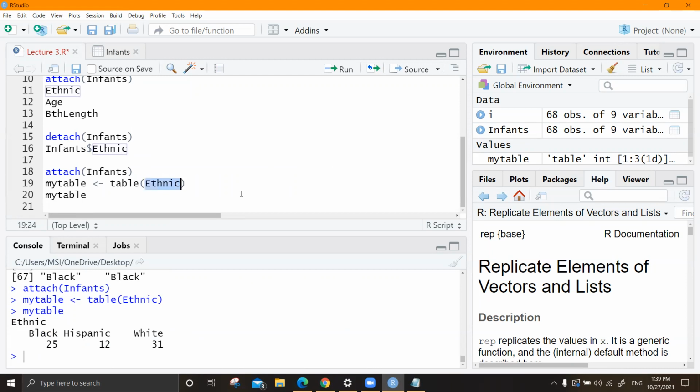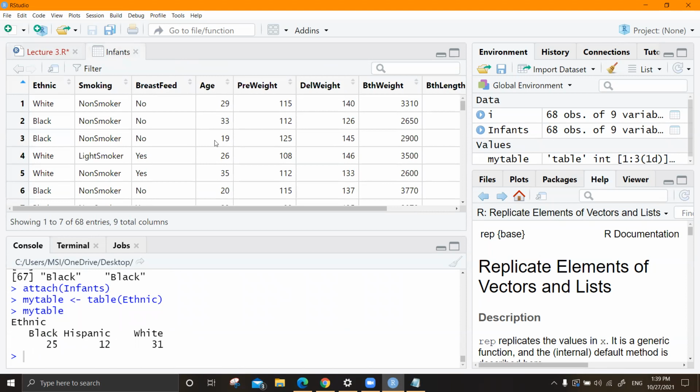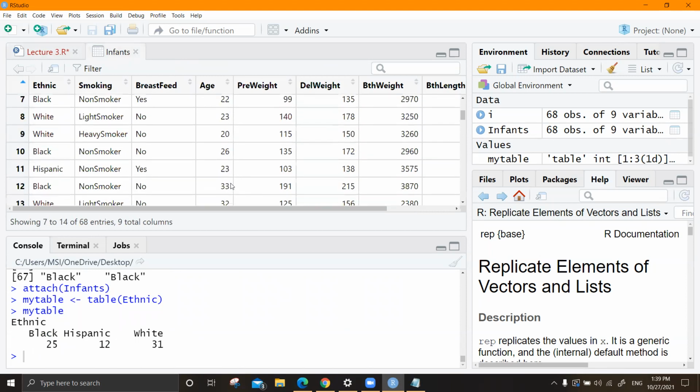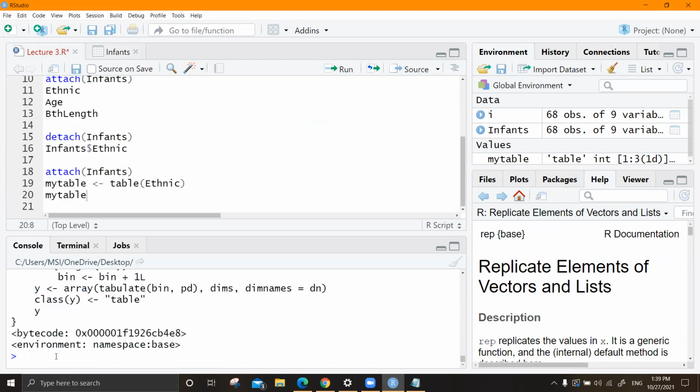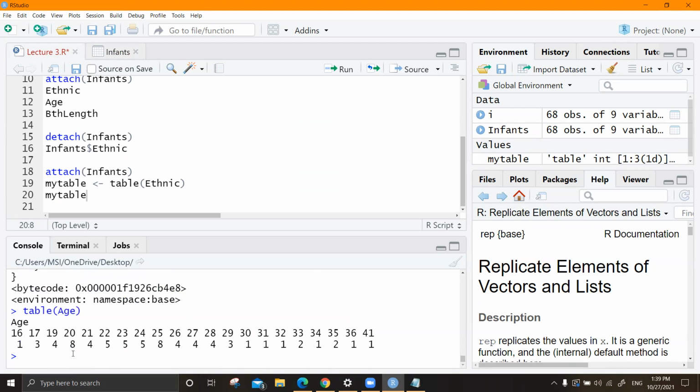You can do this to any variable, but make sure it is categorical, otherwise it's meaningless. Let's say for something like age, you have different ages, right? When you draw a table for age, I think it would give you errors. Let's see. See, it's giving something very meaningless.